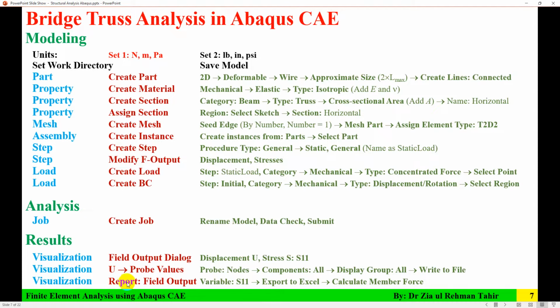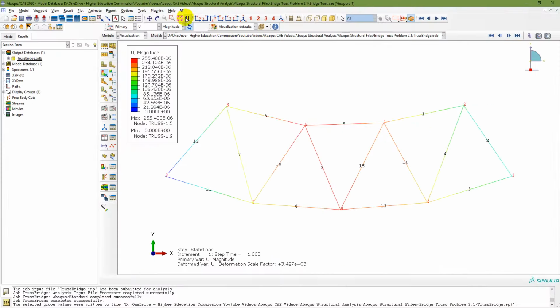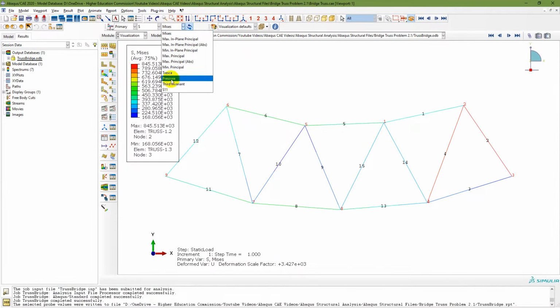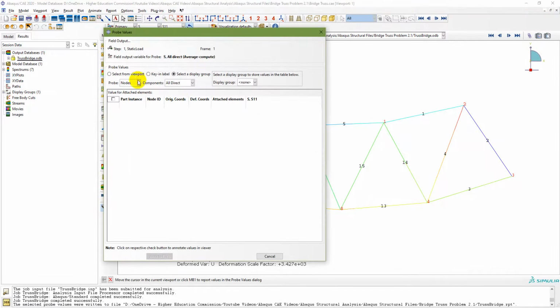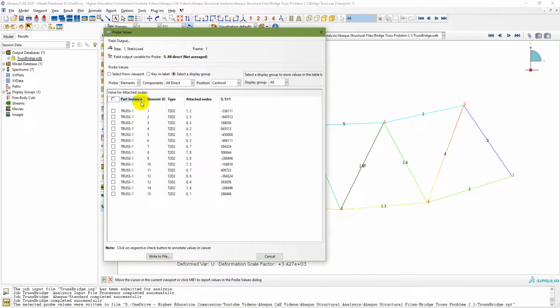Now the next step is you need to create a report from field output for variable S11 and then export to an Excel file, and then calculate member forces. So it's simple. I'll go here, stresses S11, and then I can prop values from here. Now I need to select elements, all direct, and then centroid, and display group is all. So now these are, for each element, the stresses which are required, so you can display those stresses